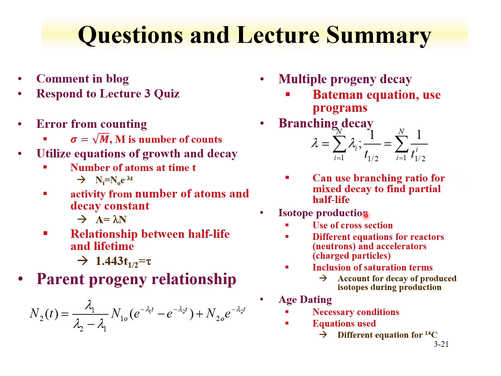However, the partial half-lives or the partial decay constants for the alpha decay and the beta decay are based upon the branching ratios. For isotope production, you should be able to use cross-sections for isotope productions and understand there are different equations for reactors and accelerators. And you should be able to include the saturation term that accounts for the decay of produced isotopes during production. Finally, this lecture discussed age dating using isotopes. You should be able to understand what are the necessary conditions for dating to be successful and what equations can be used for this, particularly the different equations